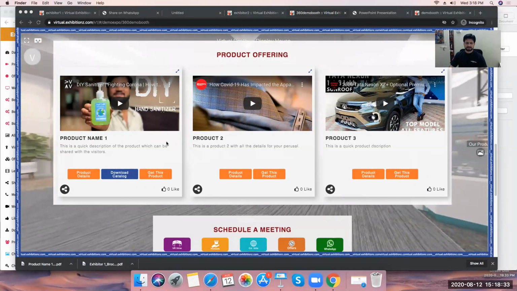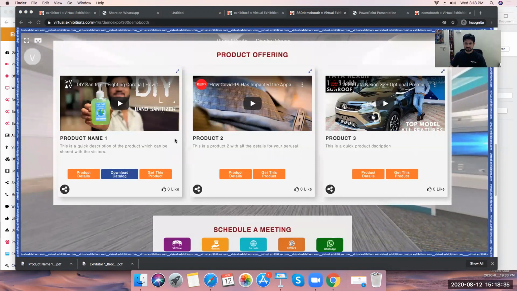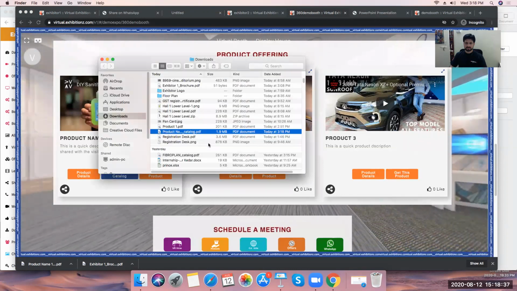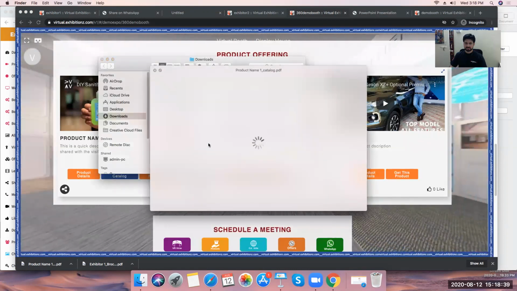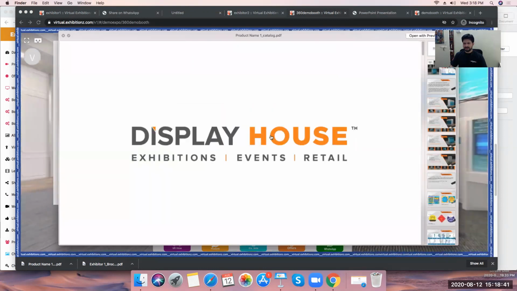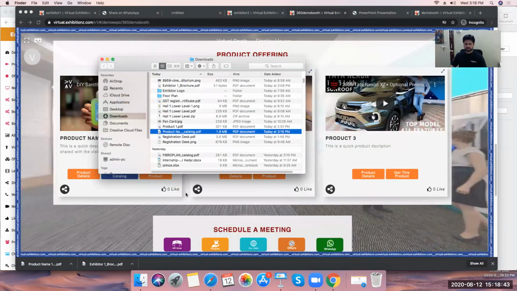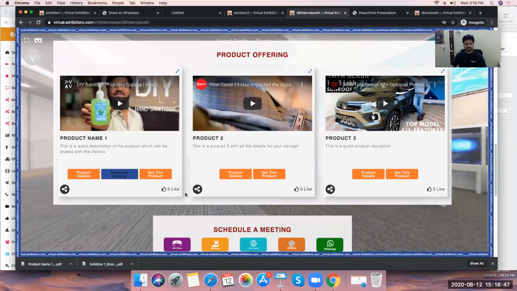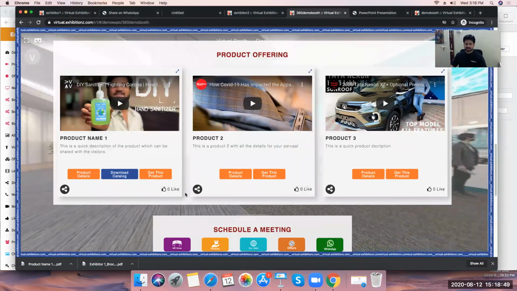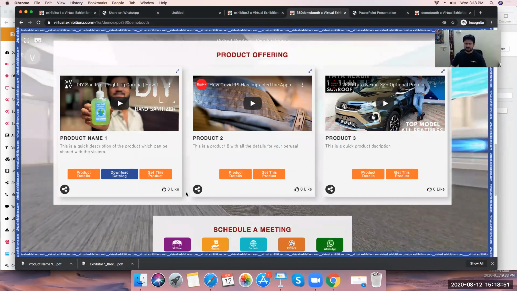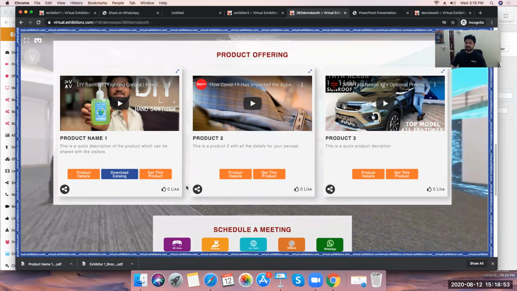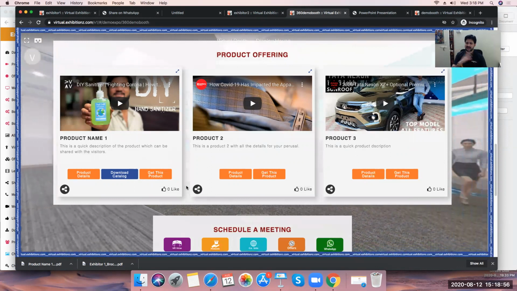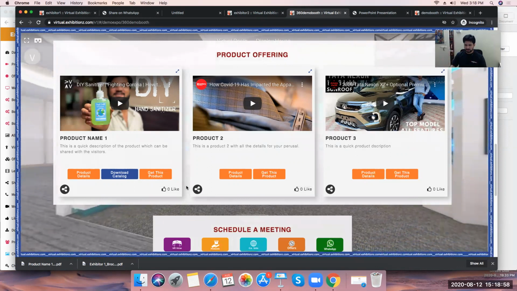But instead of downloading, can you create a visitor briefcase option so that whatever they click or save goes straight into their briefcase? Whenever they want to view it, they can view it, instead of downloading so many different files which they don't know where they are going to be stored. Yeah, that's possible, we can create that. We can show it to them and add a briefcase kind of thing, so they can see their briefcase.